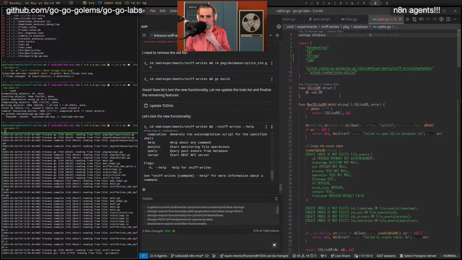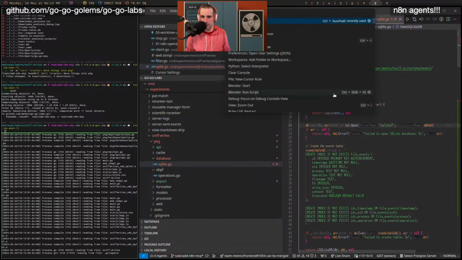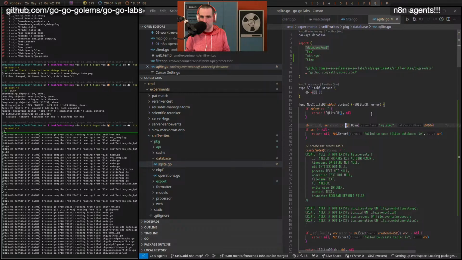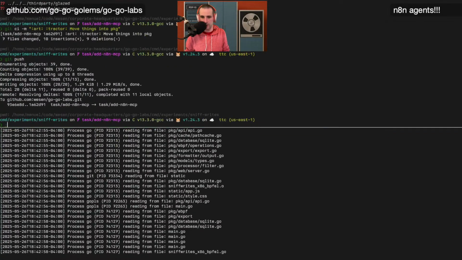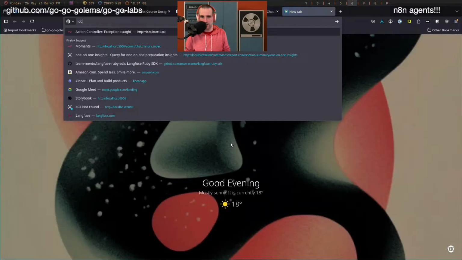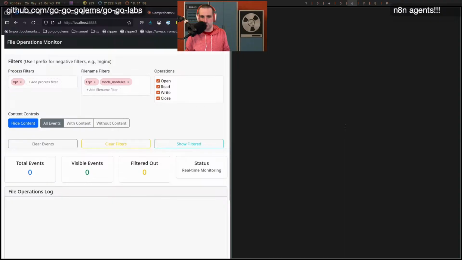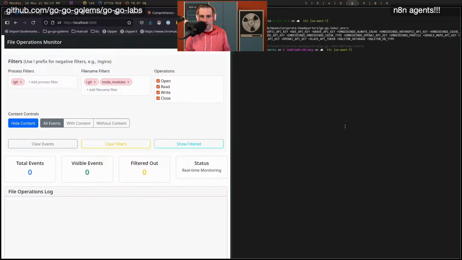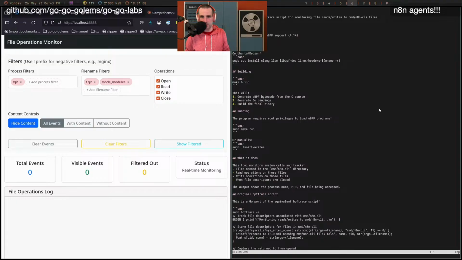I'm going to finish this little thing that I have over here. Why is this flagging some errors? I don't know. Maybe I should do go restart language server. You can see this little tool that I was talking about earlier, this BPF tool. This is what's running here, and I hope it can catch errors like this. It has a nice little web interface, right? If I go into my experiments folder and go into sniff writes, I think that's the thing I'm debugging, and open the README,